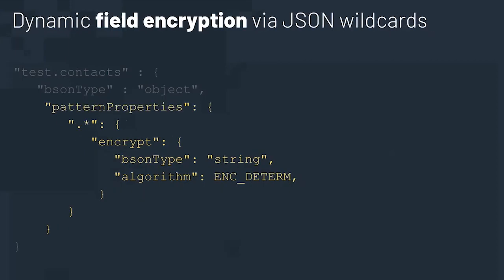You can do field encryption with JSON wildcards, which is to say, I know I'm probably going to have social and I'll probably have mobile, but I don't know necessarily what my other fields are, either in a top level piece or in a sub document. Whether I have 2 fields or 20 fields, can you just encrypt all of them? Because I don't know what they're going to be. So you can actually do that as well. Now, the restriction is they need to be of the same type. So either all strings, all integers, all longs, et cetera, but you can segregate those by sub documents.